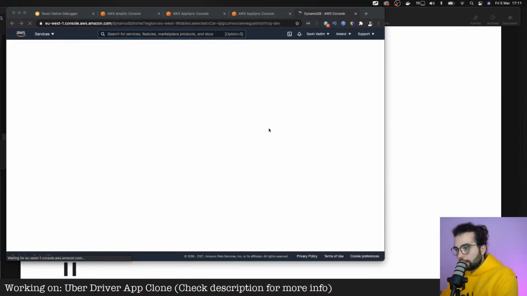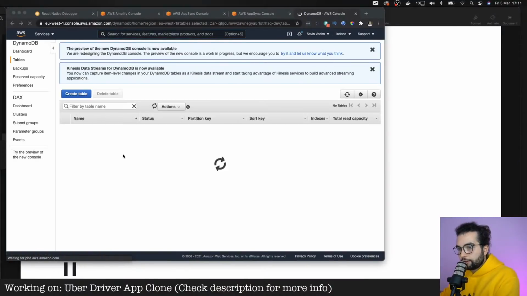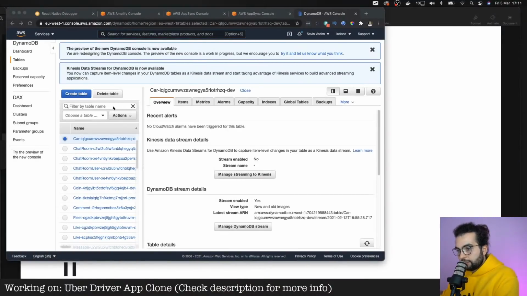I'm not sharing the screen. Yeah, but it's loading. So here in DynamoDB, whenever the position updates in the driver application, it makes a request to the GraphQL API, and this GraphQL API updates the values in the car DynamoDB table.